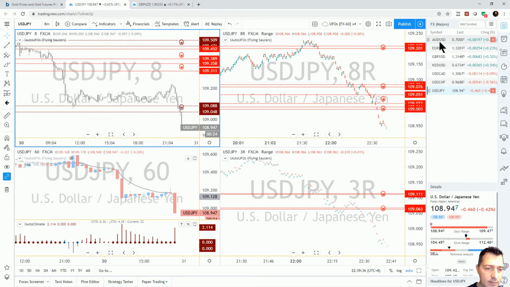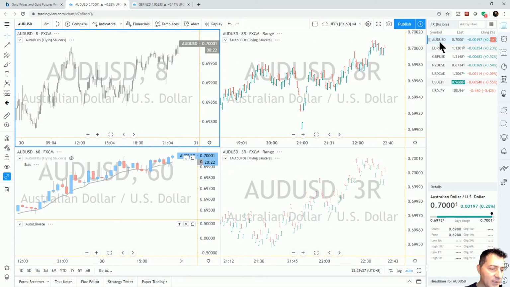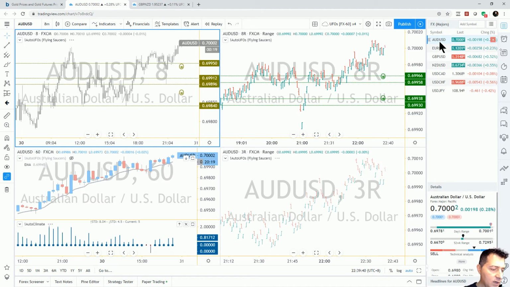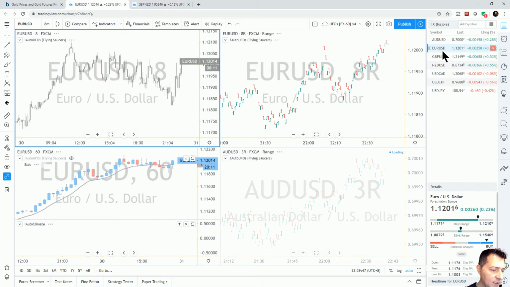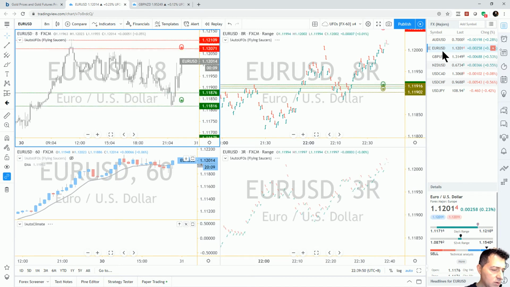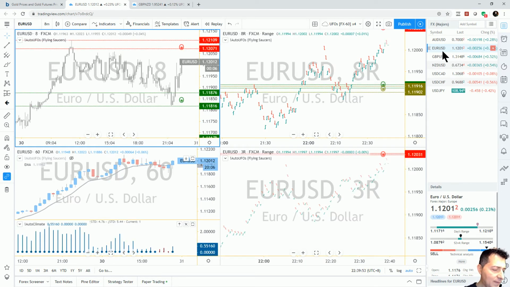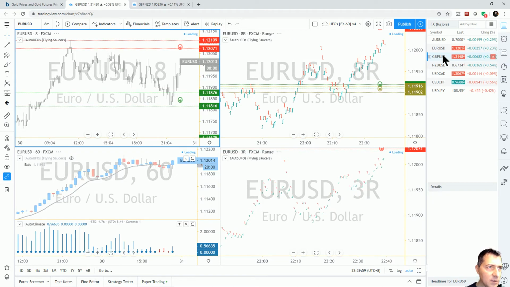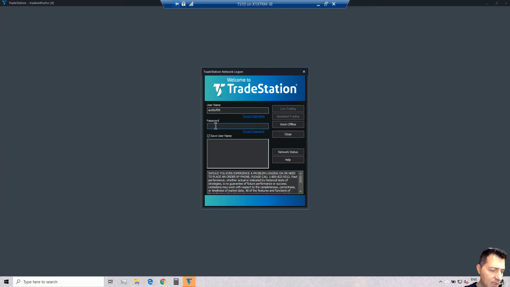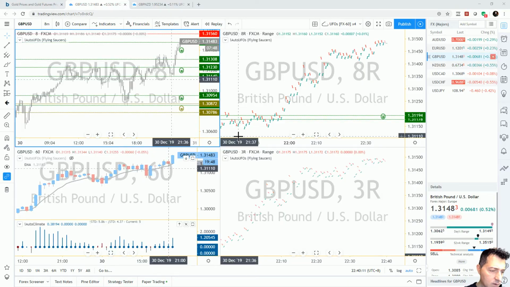I'm just going to have a little tour to see the other currencies. So Aussie, US dollar, what do we have? Climate 5 out of 8. Yeah, it could be a candidate. Euro 112. So the euro restarting an up climate, it seems. UFOs located at 87. The average is 95, so that's not good. Pound. Let me input my password. So we can look at the pound.